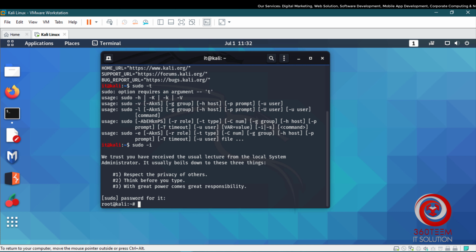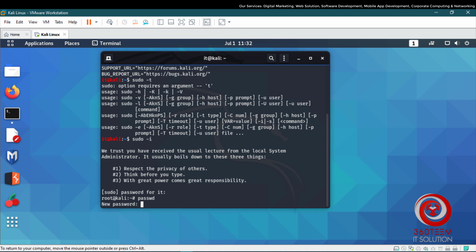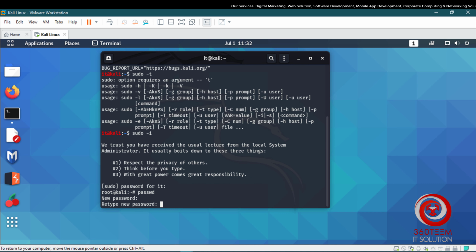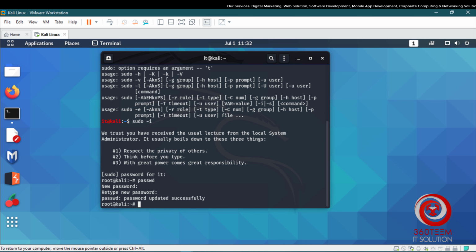Now we are going to set the root password. For that we have to type the command passwd, enter, and type the new password for the root account user. Now we have successfully created the root password, and now we have to exit from the root login.